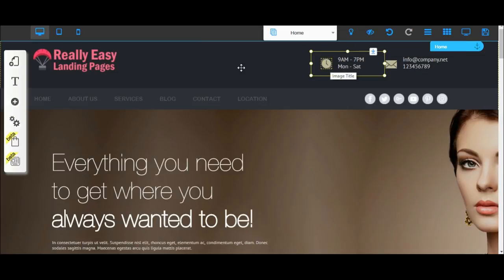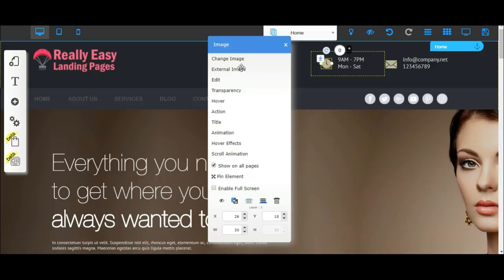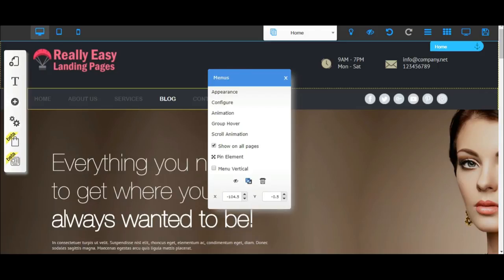If you want to change these icons, then this is just an image, so you would go to a place where you get your icons from, somewhere like Flat Icon, upload them as images, and then you can change your icons here. The menu bar, right click to edit the menu bar, configure,